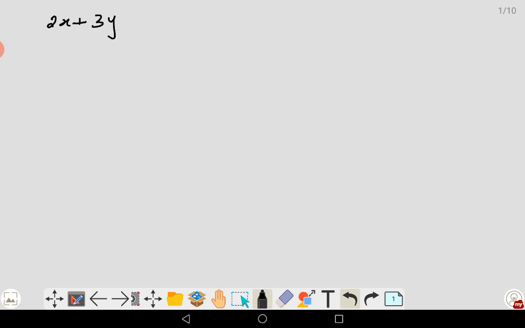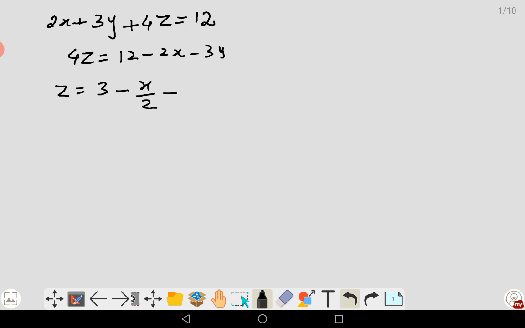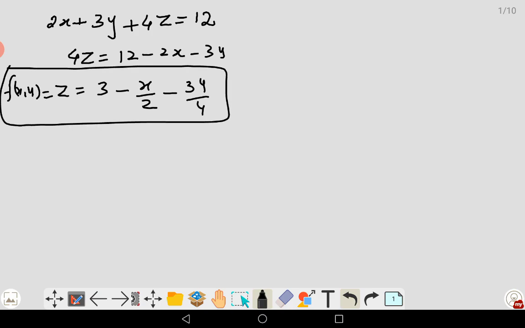2x plus 3y plus 4z is equal to 12. I want z because I want a function of x, y. z is a function of x, y. 4z is equal to 12 minus 2x minus 3y, and z will be 12 divided by 4, 3, minus x over 2 minus 3y over 4. Now z, which is a function of x, y, this is our function, and we know the formula